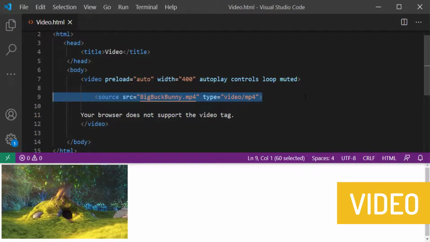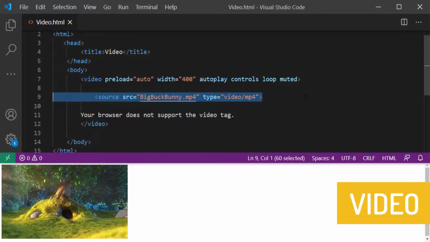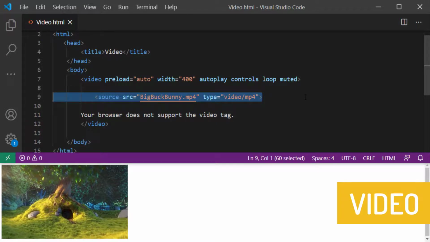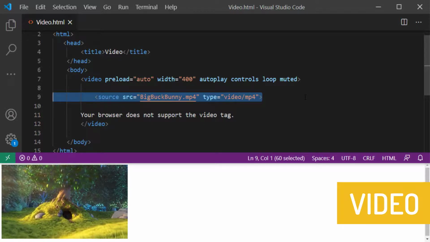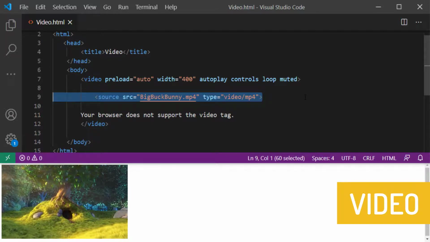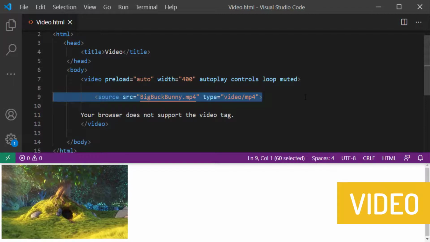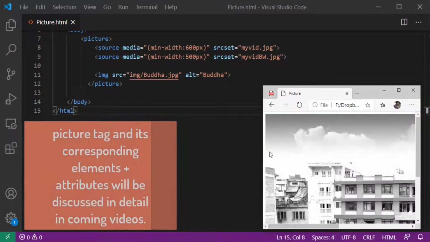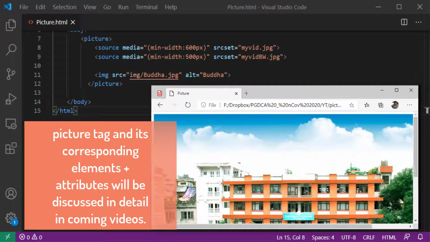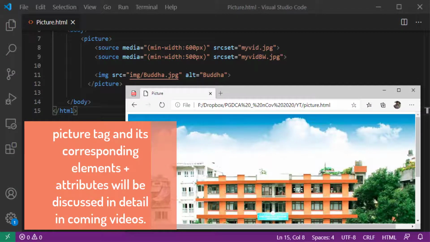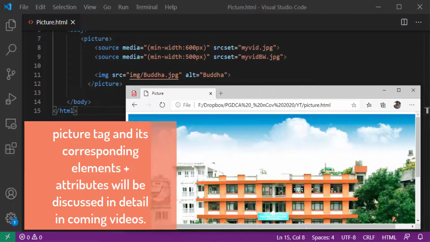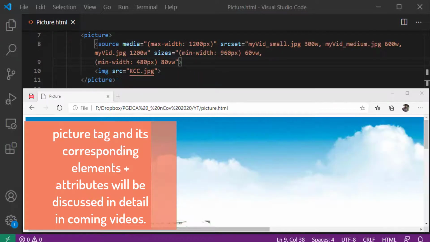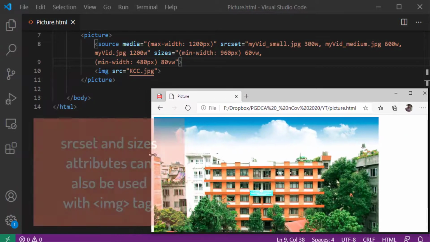The source tag allows you to specify alternative video, audio, and image files which the browser may choose from based on the browser support. The browser will choose the first source it supports. Source tag uses various attributes to properly indicate the multimedia source. Media attribute accepts any valid media query which is normally defined using CSS. SRC set takes the URL of the image indicating the images which are used in different situations. Sizes attribute specifies image sizes for different page layouts.